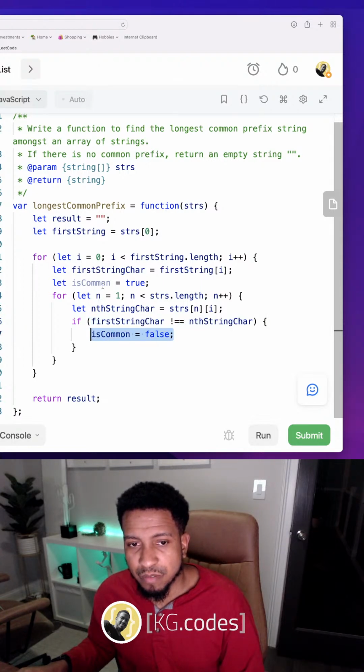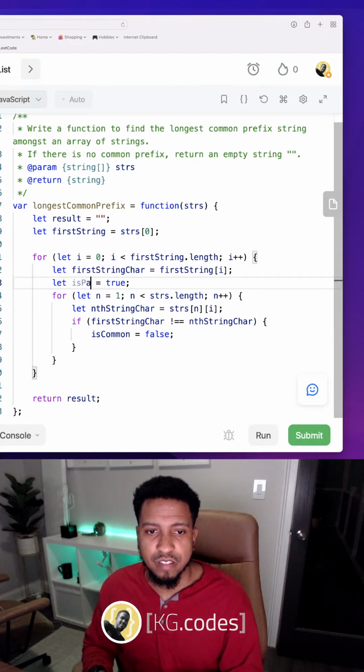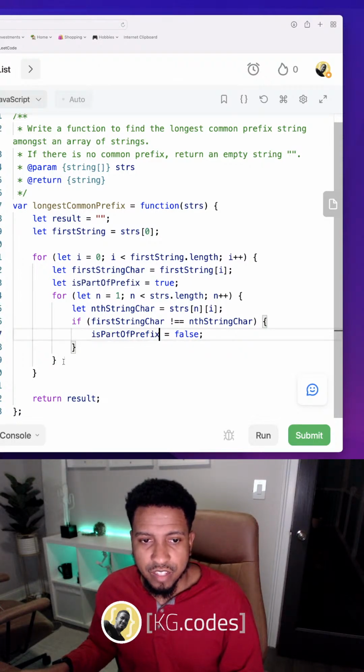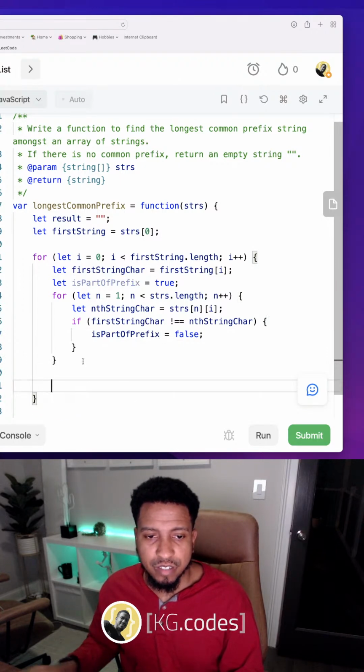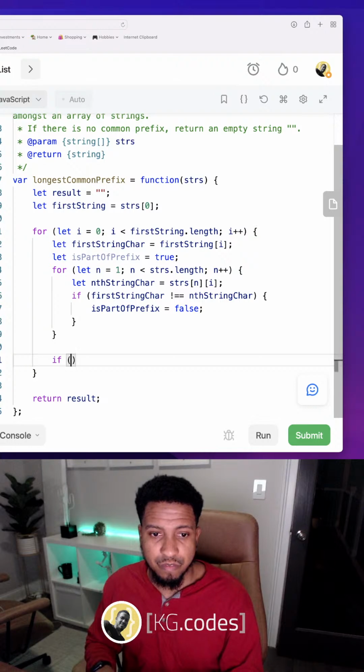It's not part of the prefix. Or I could say is part of prefix, actually, is a better way to name this. And so I know if one of them doesn't match, then it's not part of the prefix. And so then when I get down here, it's still inside of my loop, I can say if is part of prefix,